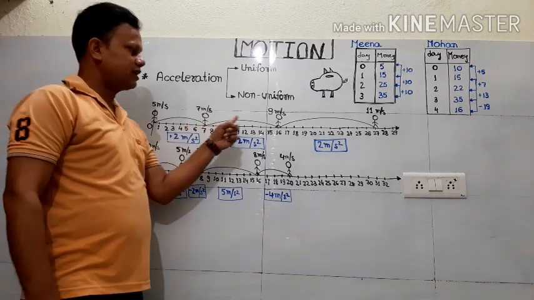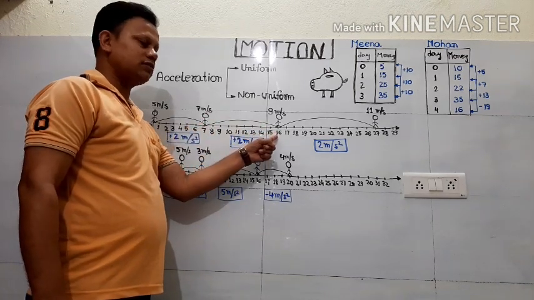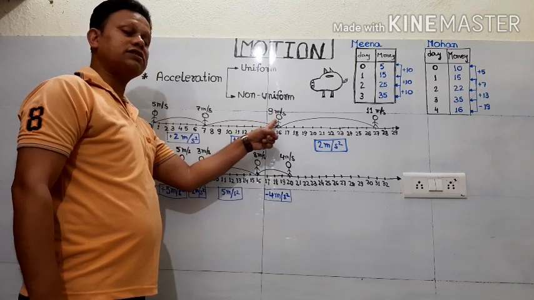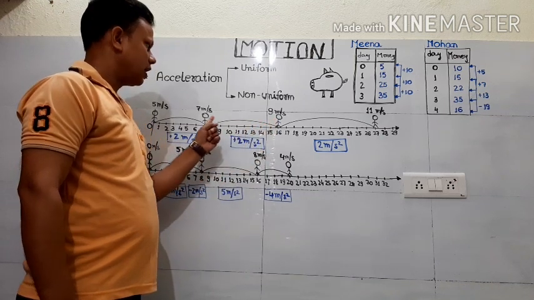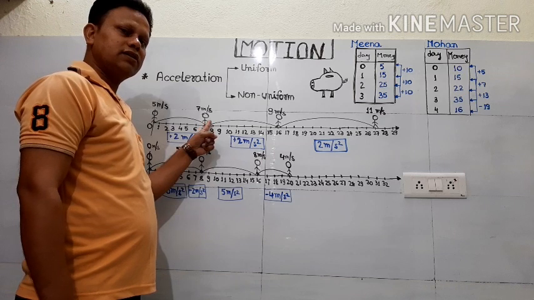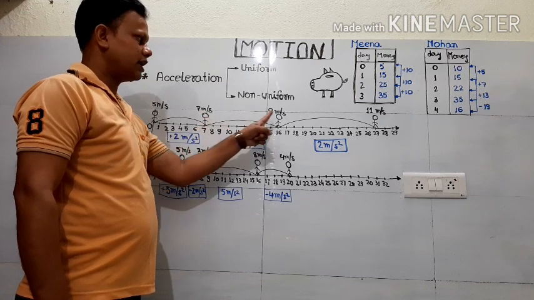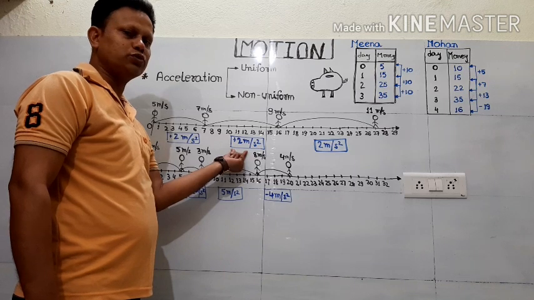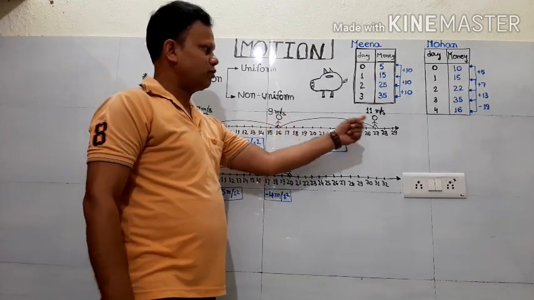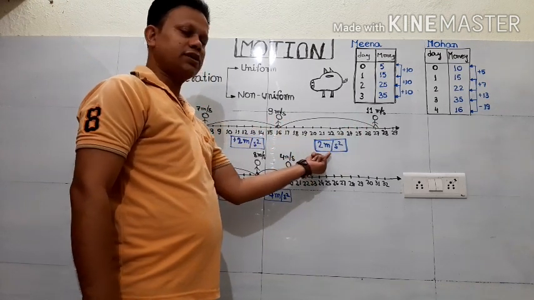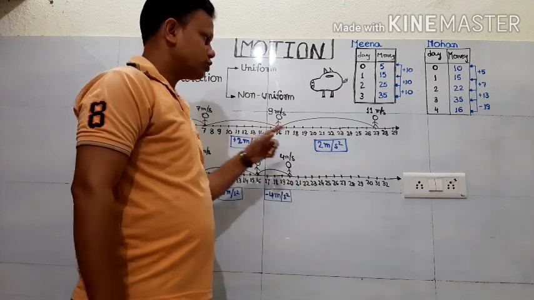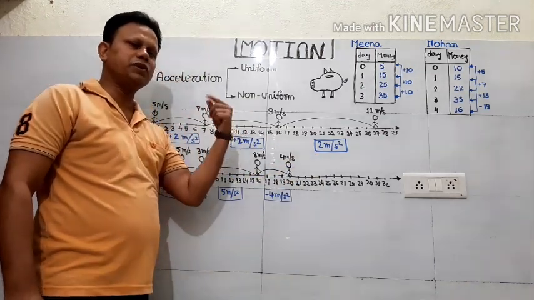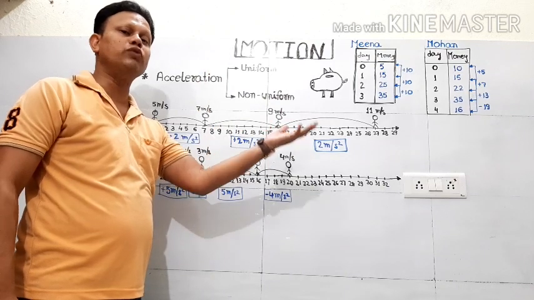When the next second it is reaching 16, that means the velocity acquired is 9 meter per second. Again, previously it was 7 meter per second, now it's 9 meter per second. So the change is again only 2. Now 9 to 11 meter per second, that means again the change is 2 meter per second. So no doubt everywhere the speed is changing, it is coming with a new value.